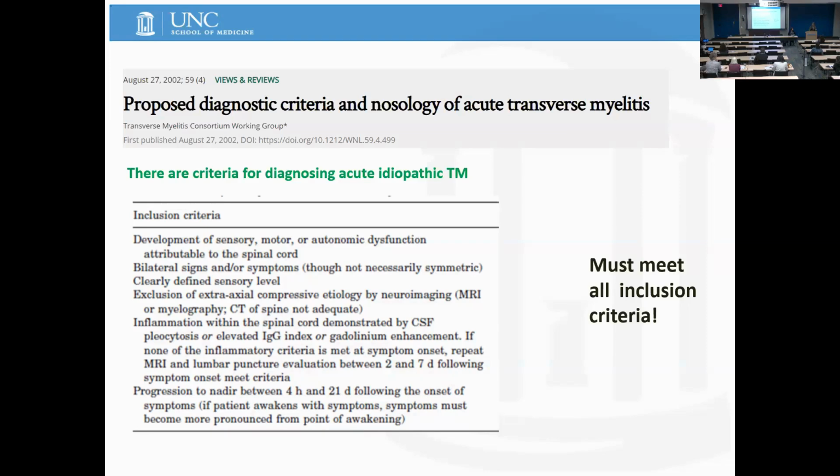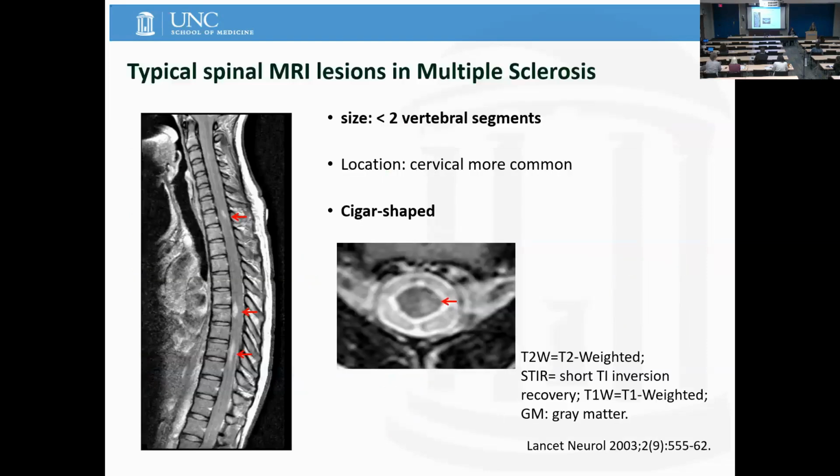And then, of course, when we look at the MRI that I'll show you here, this is an MRI of somebody with multiple sclerosis, but usually what we're looking for is any sort of lesion within the spinal cord. So this is an example of somebody with lesions in the spinal cord due to multiple sclerosis, and the pattern of these lesions can actually point us towards what the cause is. So if we see a patient who has this pattern where you have small lesions scattered throughout the spinal cord, they're less than 2 spinal cord segments, usually more common in the cervical compared to the thoracic, and we call them cigar-shaped